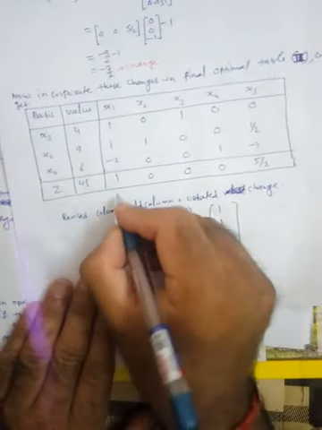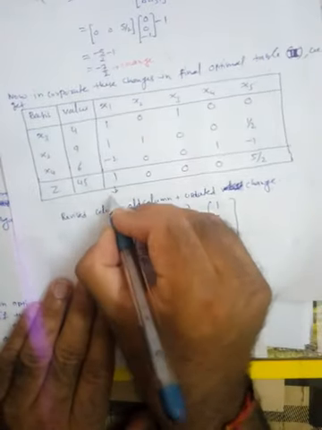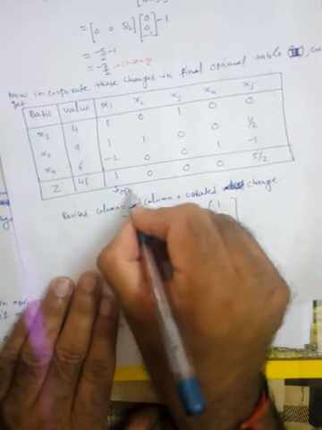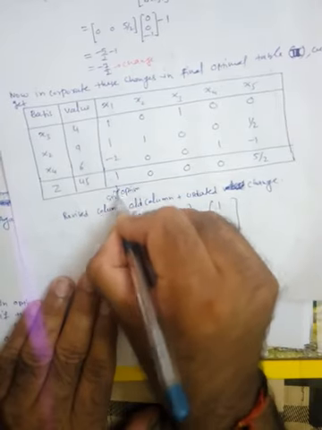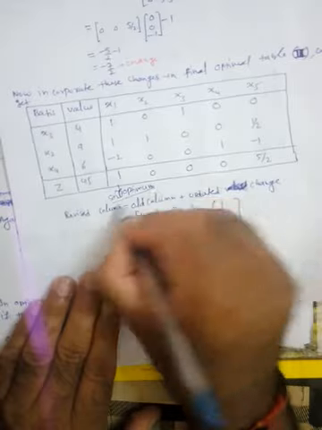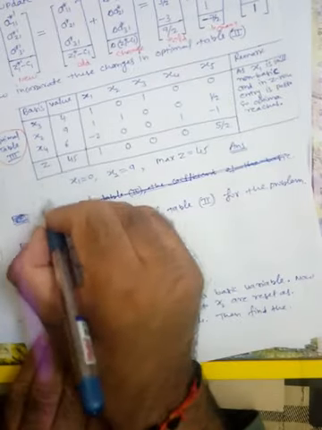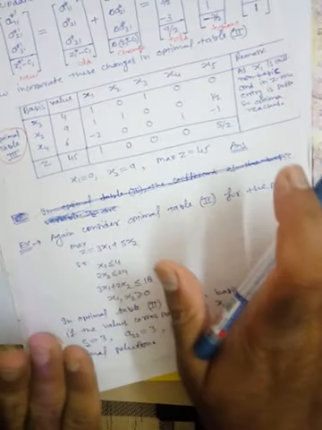Now you can see this is a non-basic column. So it's still a non-basic column. There is a positive value, so it is still optimum. That's why there is no need to make any change, and this is the optimum solution as it is. The solution is the same: x1 is 0, x2 is 9, and maximum z is 45. There is no change in the solution.